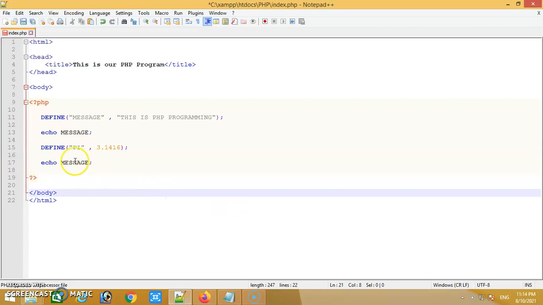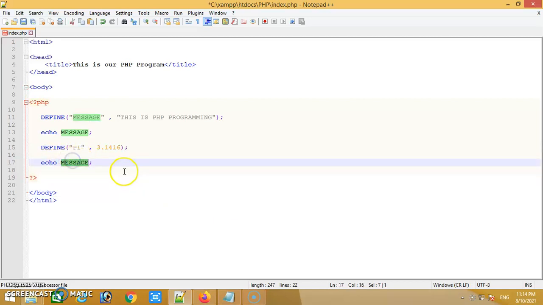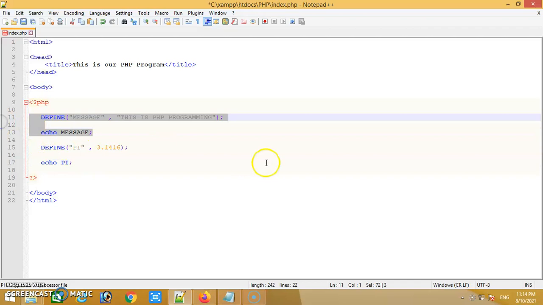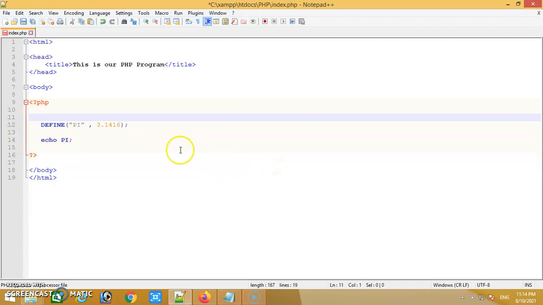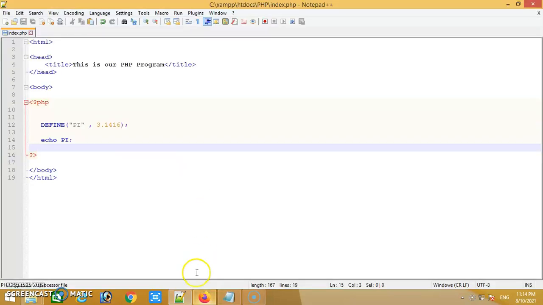If I use echo pi, which I have already defined, and save it, see, it is displaying. So constant declaration, assigning values and displaying the values, I have covered all of it, right?